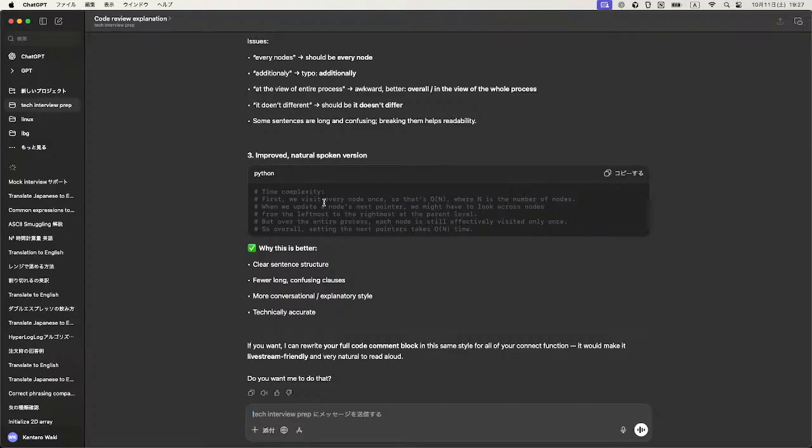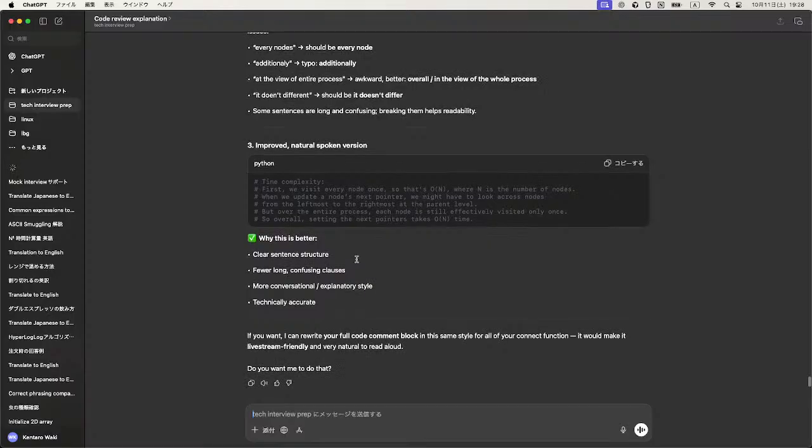First, we visit every node once, so that's O of n, where n is the number of nodes. When we update a node's next pointer, we might have to look across nodes from leftmost to the rightmost at the parent level. But over the entire process, each node is still effectively visited only once. So overall, setting the next pointers takes